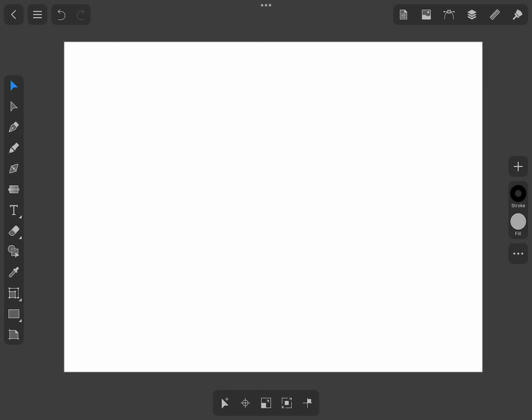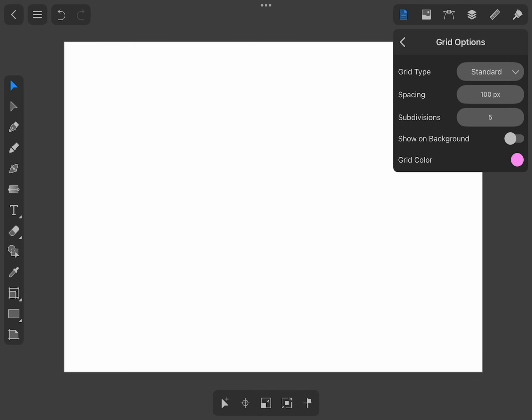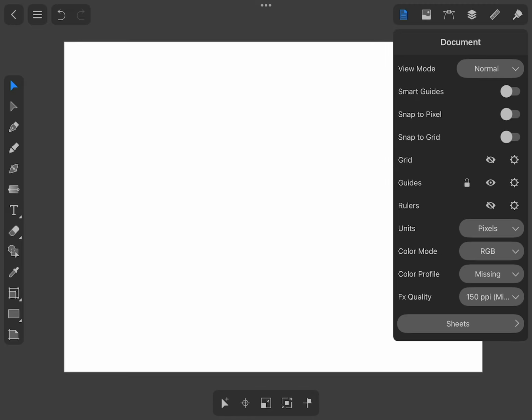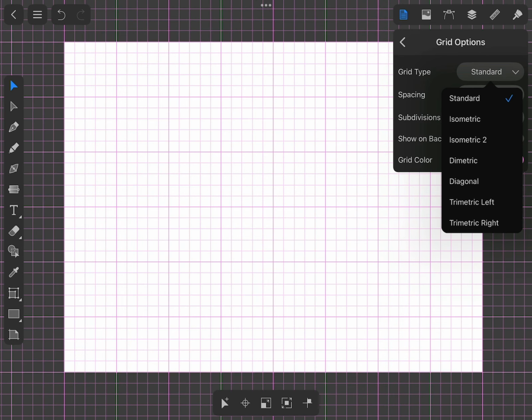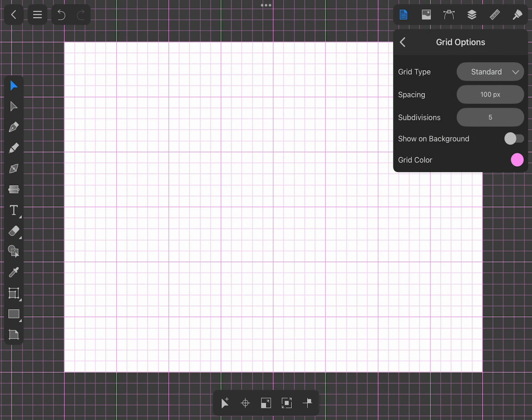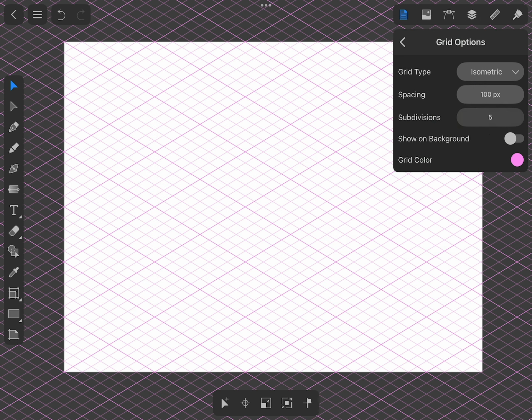First, open the grid preferences. For that, tap on the respective gear icon in the Document panel on an iPad. Make sure Grid Visibility is turned on and use Grid option under Document panel. Select Isometric or Isometric 2. Set the spacing interval and number of subdivisions. Enable the Show Grid in Background option by switching on the toggle so you can see how to place objects